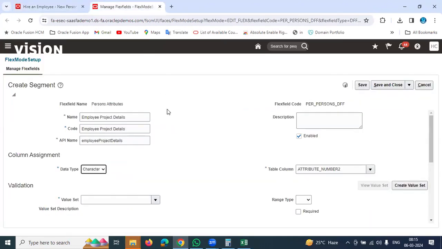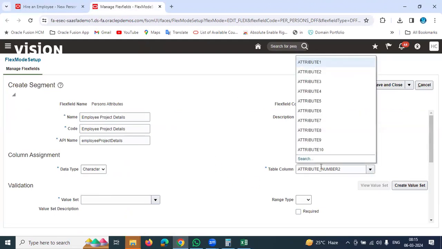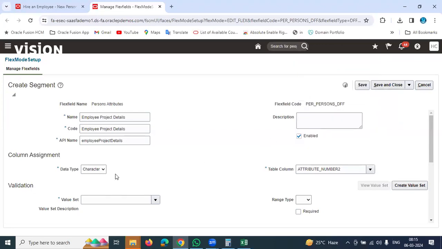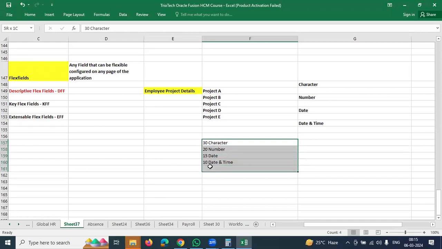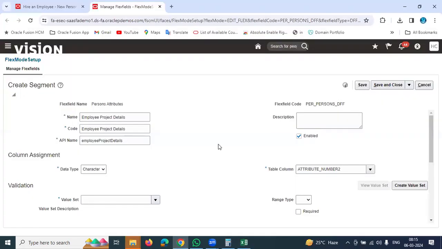But if you want to explore while you are practicing, you can check it out like this, team. When you're creating the segment, give the data type, then go to table column, then search blankly and check how many attributes are available in that column for the data type, so that you can understand how many fields I can create in that particular section, team. That's just for your information I'm sharing that, team. Okay, let me continue the segment